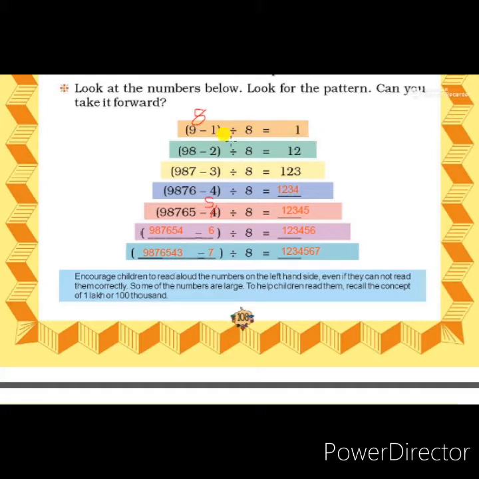In the second step, they have included one more number with the 9. In the first step there was only 9, but in the second step the next smallest digit taken is 8. That is 98. Since one more number was taken, in the subtraction one more number is added, the next number, 2. That means 98 minus 2 divided by 8 equals 12. In the answer column one more number is added, the next number 2, so the answer is 12.